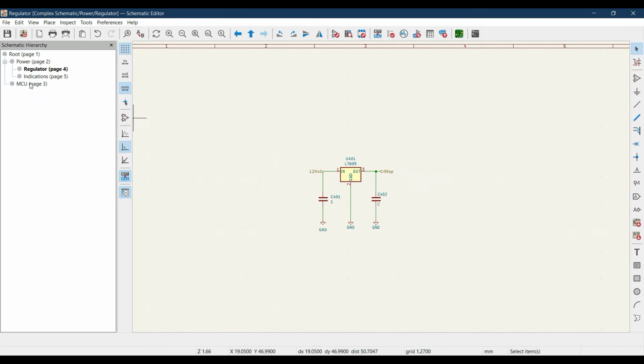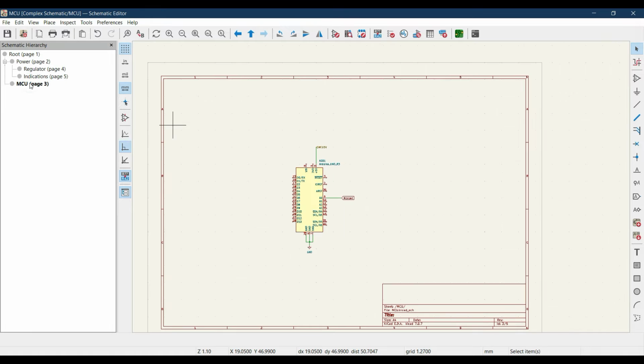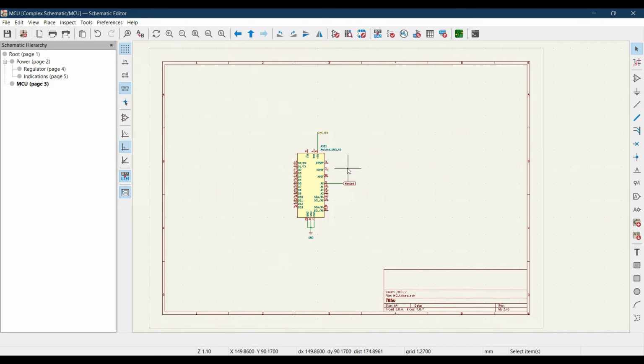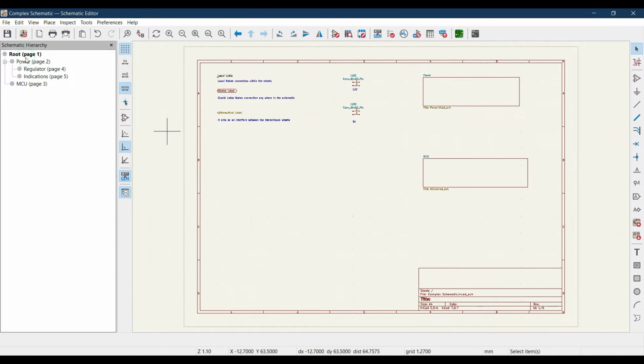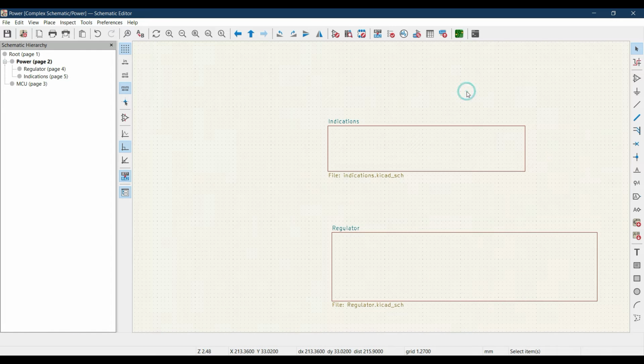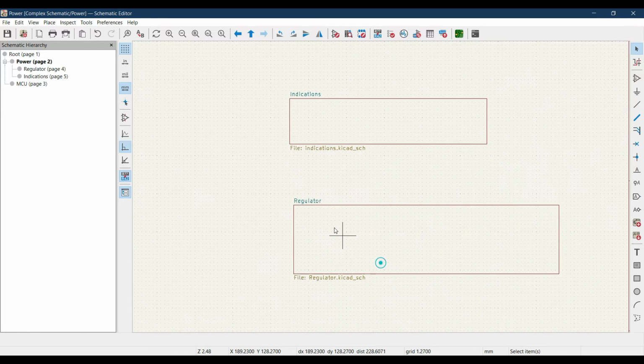And if we check this subsheet MCU, then we have used Arduino Uno for our study purpose. Now it's time to connect all these sheets with one another so that the entire sheets join to form a complete schematic. In order to do that, let's go to the root sheet, and in the power sheet over here